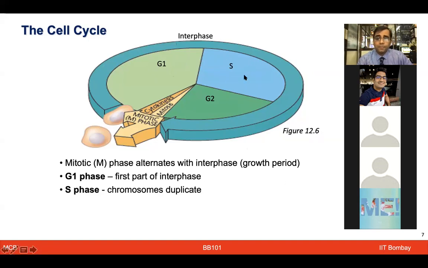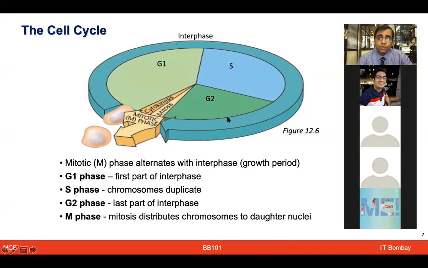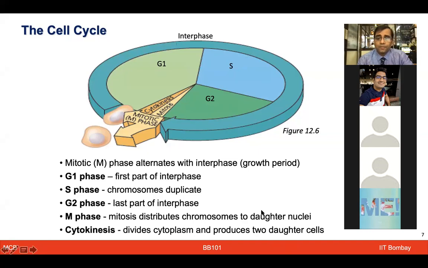Before S phase starts replication, G1 phase prepares all the nutrients, so all the conditions are favorable for doing that. Then S phase is very crucial, where all the chromosome duplication and DNA replication activities happen. Even proteins like cyclins get synthesized. And G2 phase is the last phase of the interphase, when it ensures that there is sufficient condensed chromosome material available for the cell to proceed for division in mitosis. And then mitosis of course is going to divide and distribute this chromosome to daughter nuclei, with a cytokinesis process which is going to divide the cytoplasm as well.